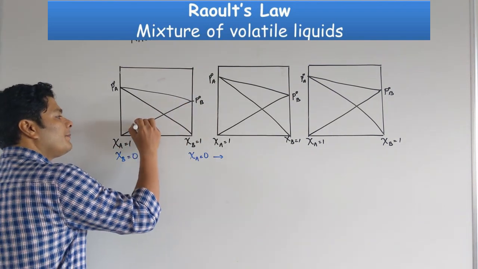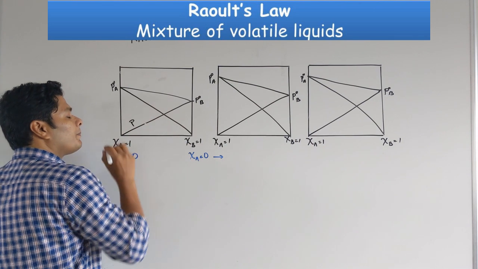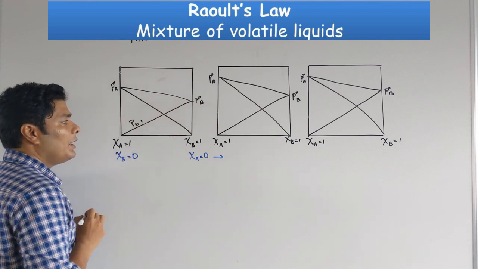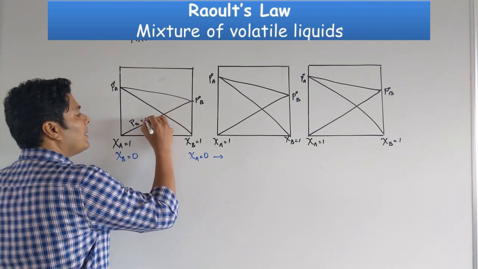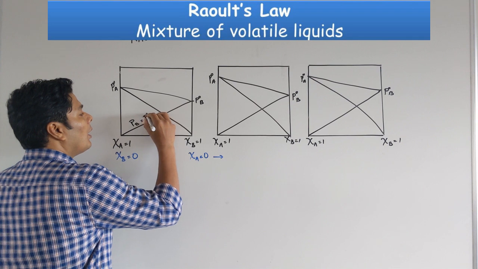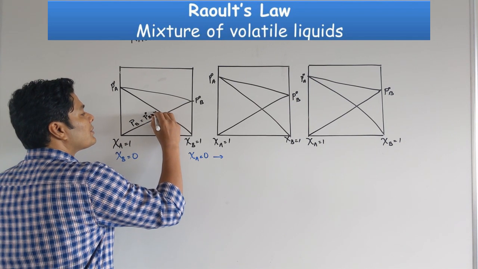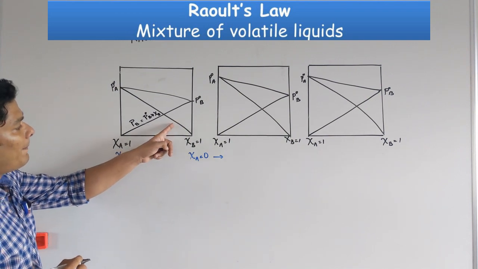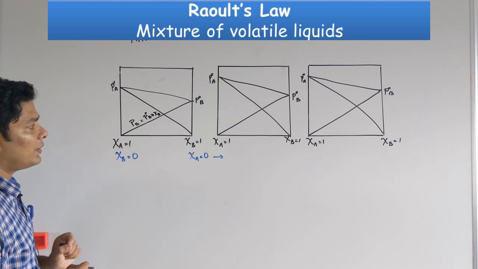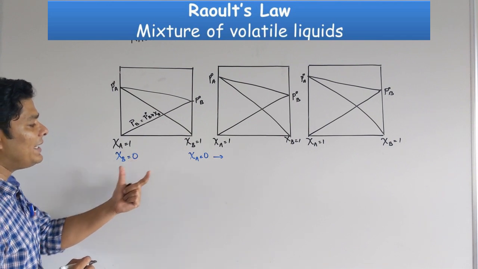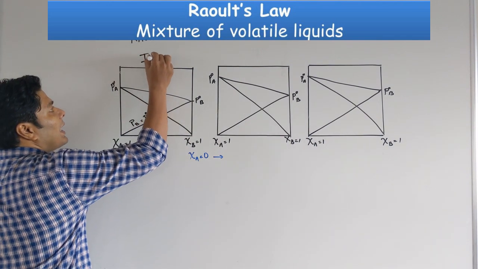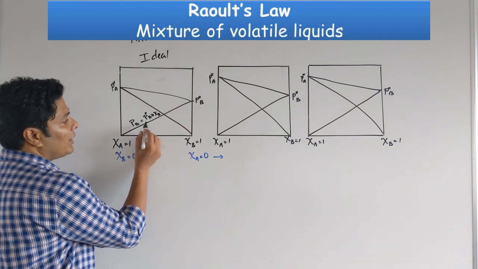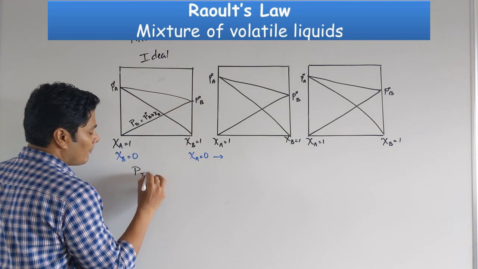So now if you see pressure, the pressure because of B is nothing but P naught B times chi B, Raoult's law. This is A, P naught A times chi A, that is Raoult's law, straightforward. This is an ideal system. So the first graph is ideal, A and B behave ideally. So the vapor pressure at any time, this line